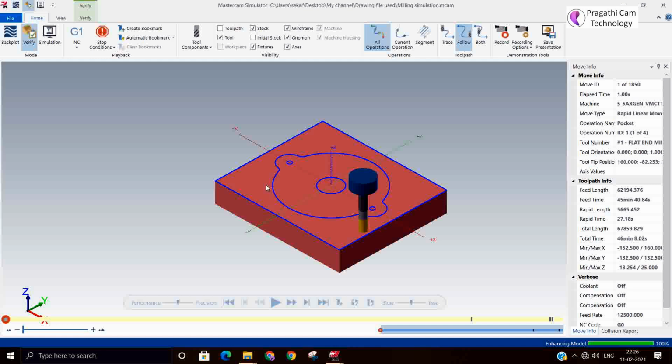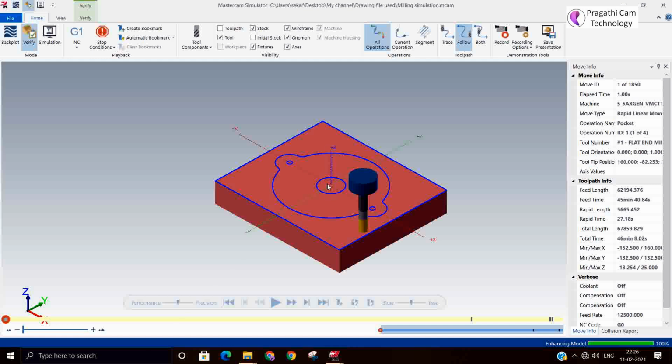In job setup you have seen where you have set x0 y0, and the same way you have to set your x0 y0 z0 in the machine. You touch the left side, then offset the distance and go to the center of x, and the center of y0, and you touch the top, and 0 is the center of the job.